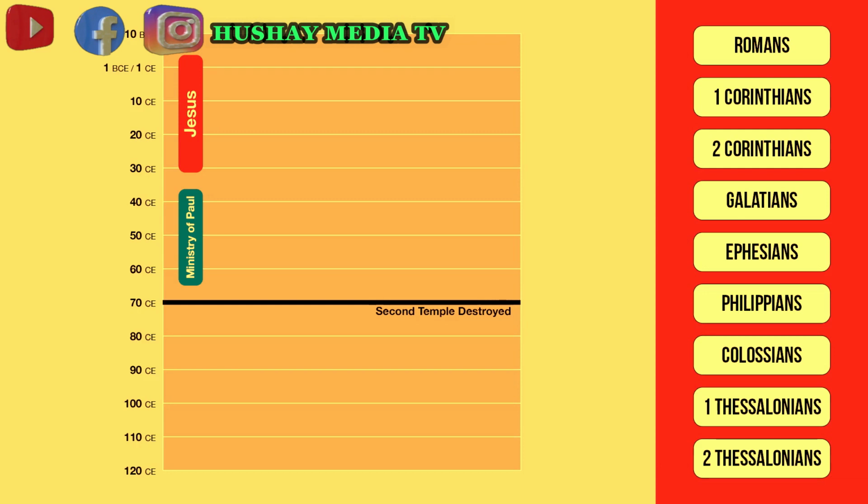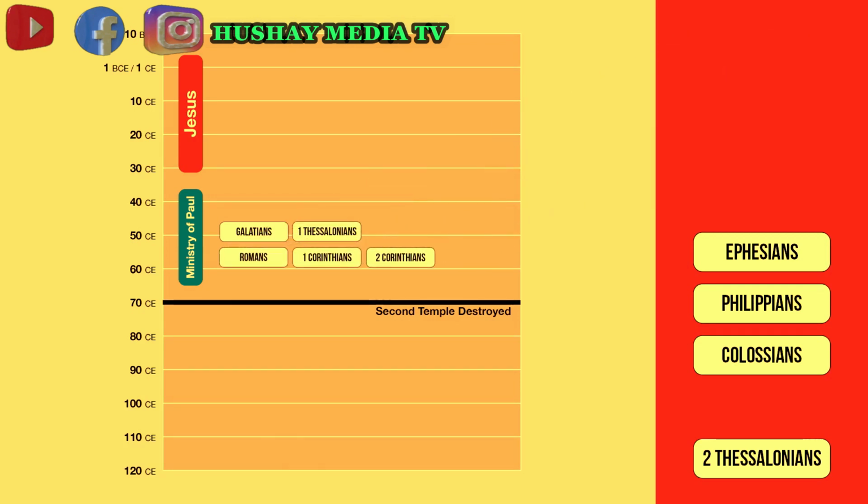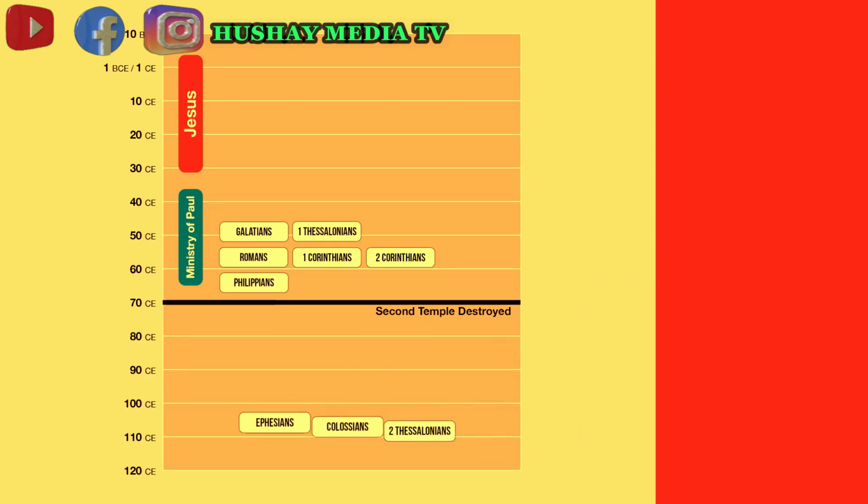Generally, Galatians and 1 Thessalonians are thought to have been the earliest letters, both dating to around the year 50, with Romans and the 2 Corinthians being written sometime during the late 50s, and Philippians coming last, usually being placed in the early 60s. The other letters, if they are indeed pseudepigrapha, can probably be placed around the end of the 1st century or early in the 2nd century,